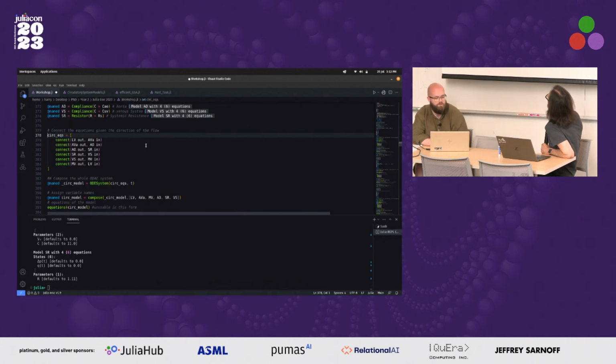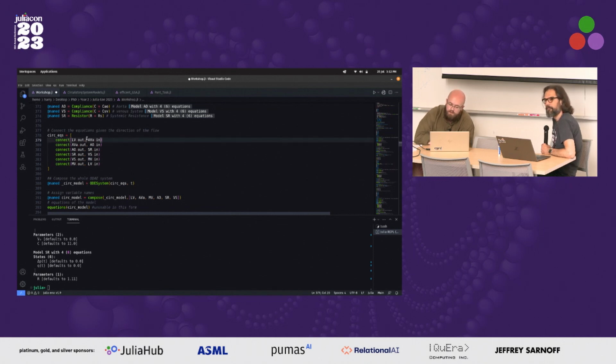So flow out of the ventricle goes into the aortic valve. Flow out of the aortic valve is into the systemic compliance. Out of the systemic compliance goes down into systemic resistance. Systemic resistance out into the venous system, out into the mitral valve, and the mitral valve feeds that back round into the left ventricle. So there's a complete loop that's established in these